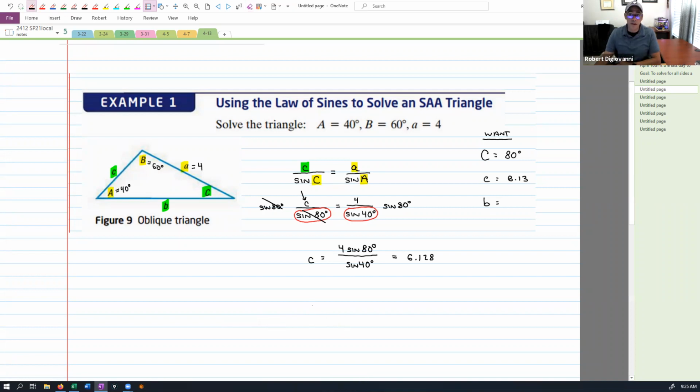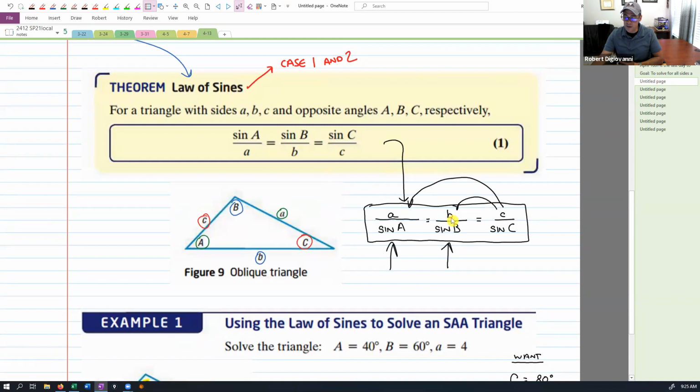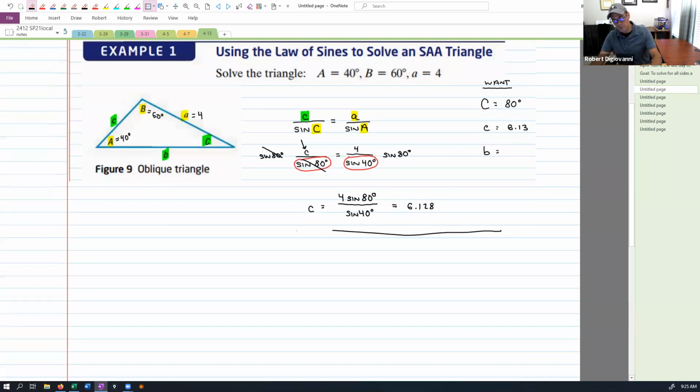We still need little b, right? So for little b, I'm going to do the exact same thing. I'm going to go back to the formulas. I'm going to use the one that has little b on top because that's what I'm trying to solve for. I take little b over sine of b, and I can set it equal to either one of these now. So that was my first piece of work here. Now I'm going for b. So I'm going to put b over sine of b